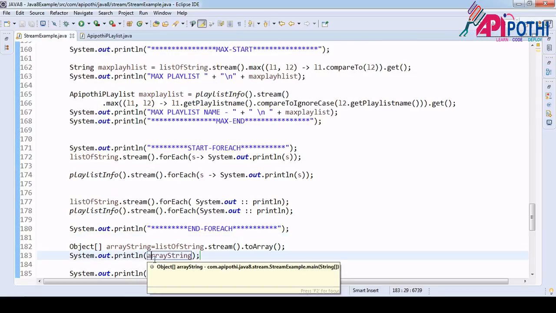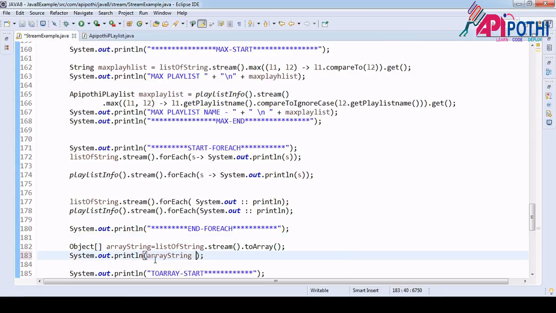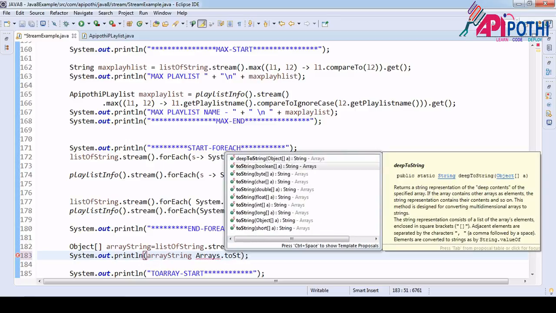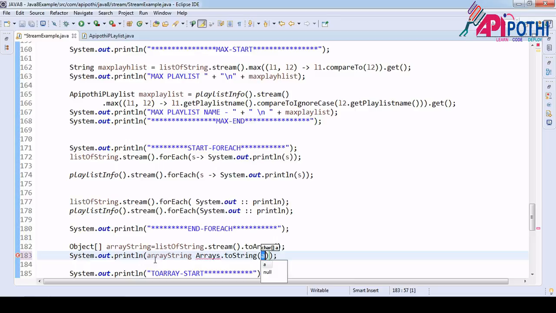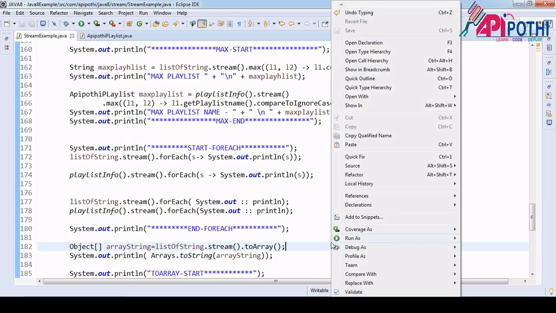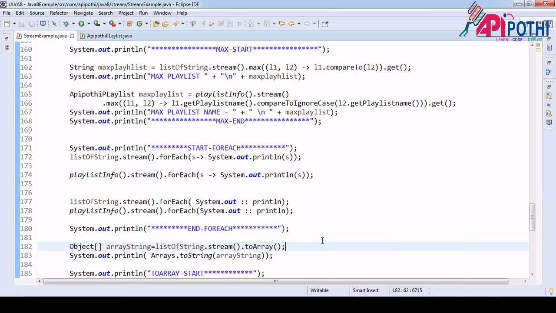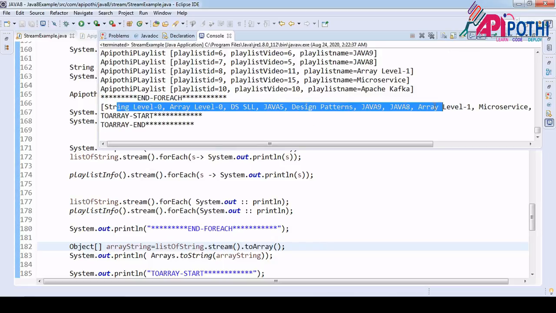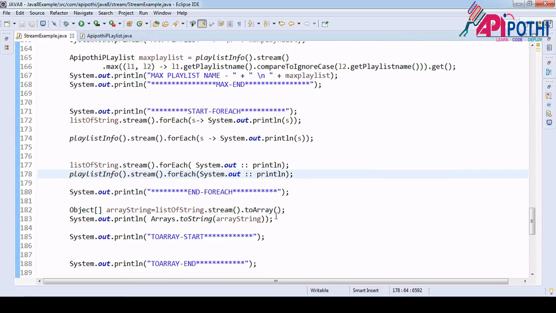So what you can do is, for array you will have another method called Arrays.toString. Here you need to pass this one, that's all. Right click, run as Java application. Now you will be able to see the same data. See here, you are able to print. So this is one way to do toArray.